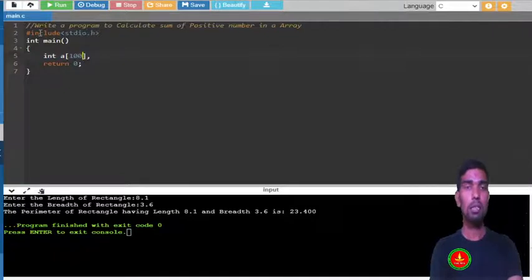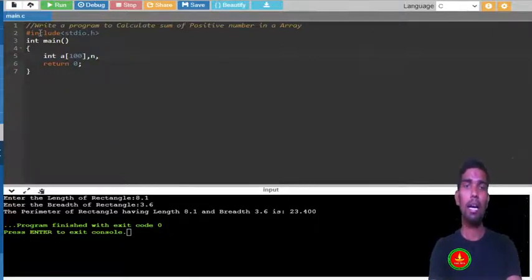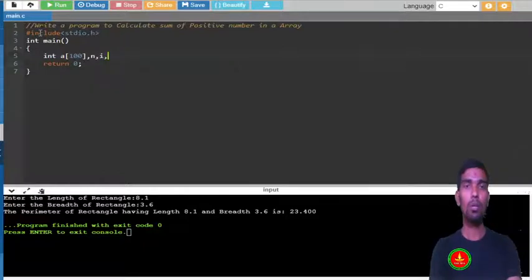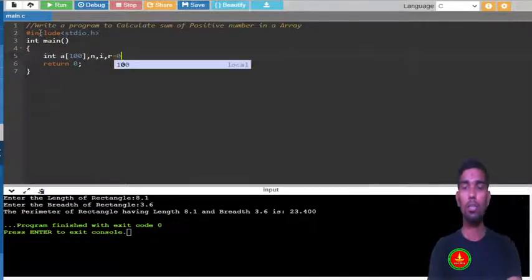I am just giving 100 size, and now I will read what size your list is. That is n, and I need one counter i for looping over the array. To store the result I need one variable, r, and the sum is 0 at the beginning.